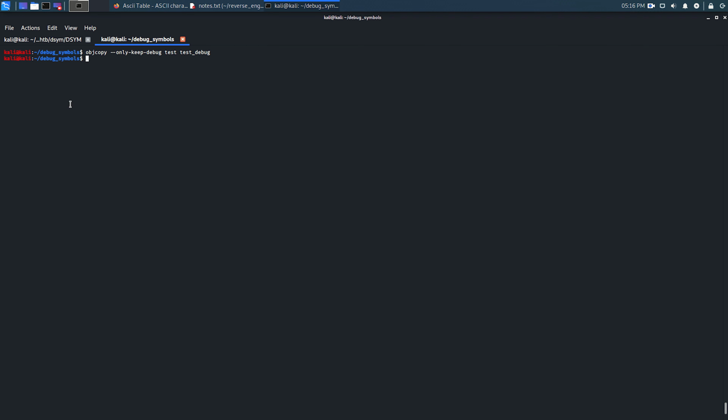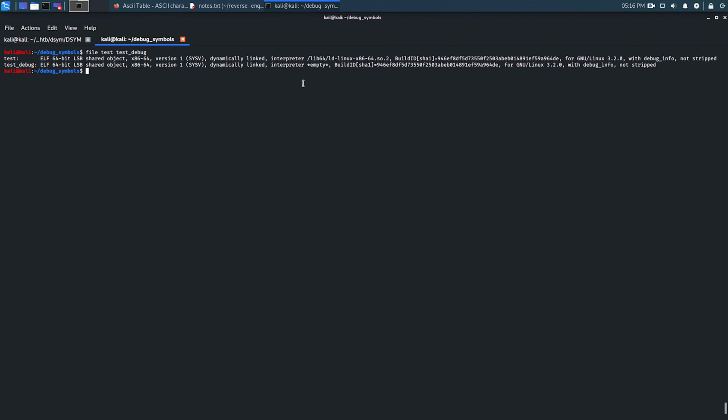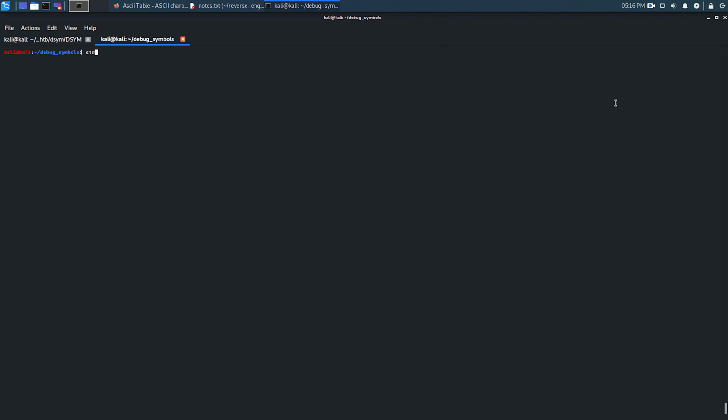Right, so now if I were to run file on both test and test_debug, we see that it looks pretty similar to what we had over in our target binaries, right? So we have the interpreter is empty, and we also have the hash files are the same, and we see that the debug symbols are here, and we see that it's not stripped, but we also see that there's still debug symbols in our actual executable. So we want to get rid of that. So that's simple. You can just run the strip command and tell it to strip debug, and then you can say also strip